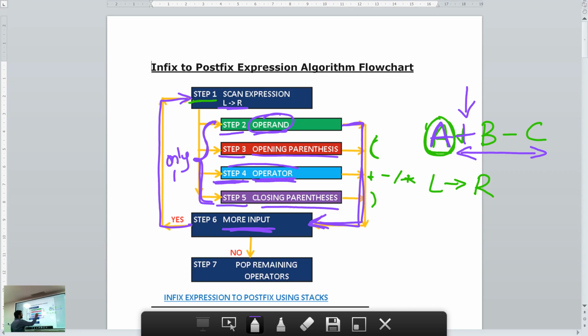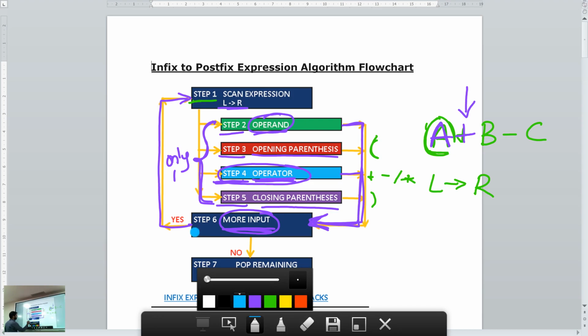So I apply the algorithmic step for the plus sign, your operator, and then I go to step 6. I again check if there is more input. Yes, there is more input: B minus C is left. So I go back to step 1.